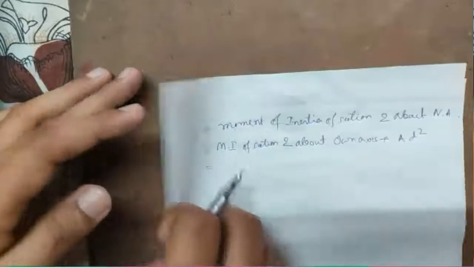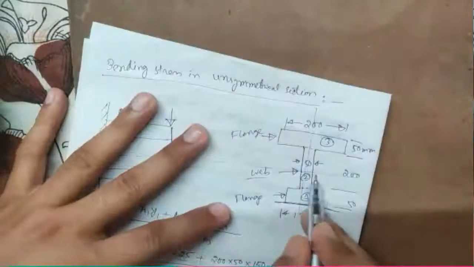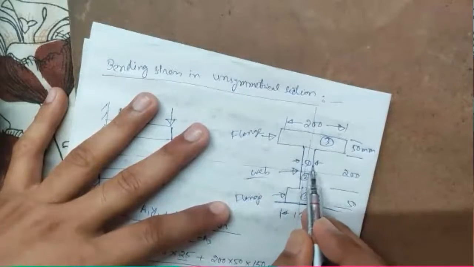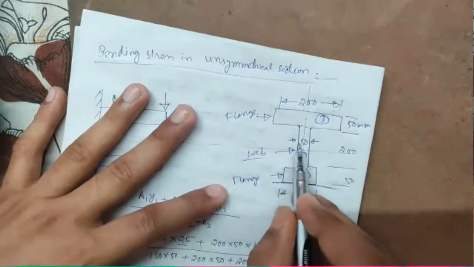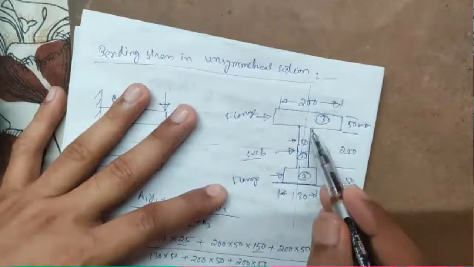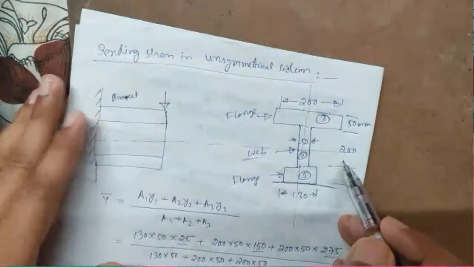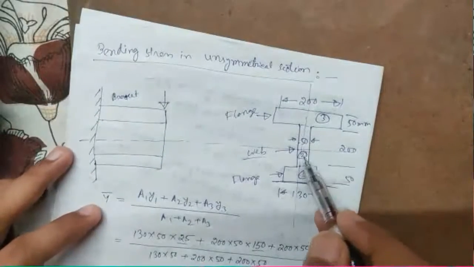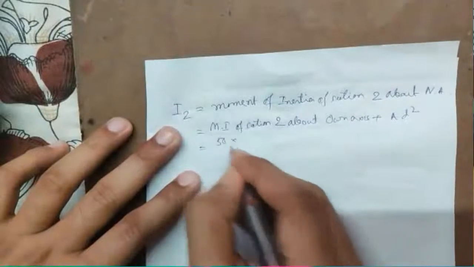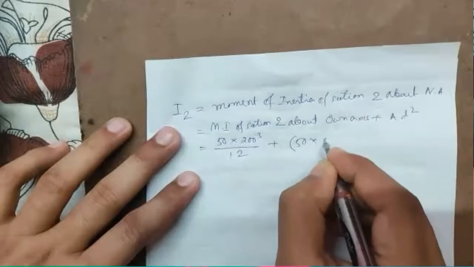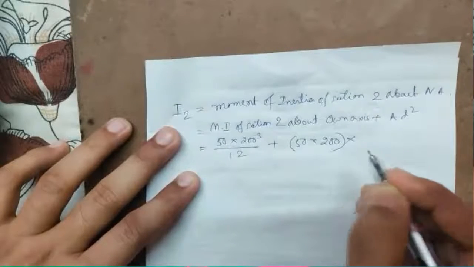So for this section 2, b is 50, as you can see, and d of this section 2 is how much? It is 200. So we'll write b is 50, d is 200 cube by 12 plus area, 50 into 200, into this